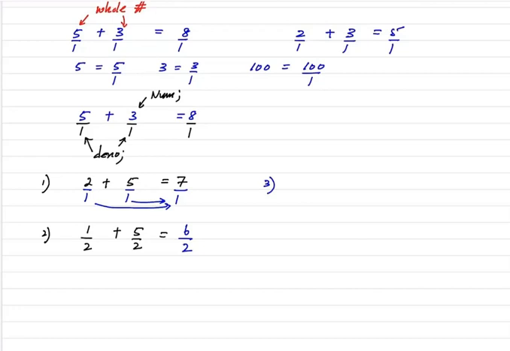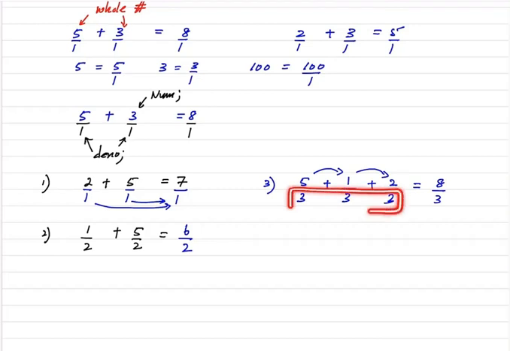Again, if I give you 5 divided by 3 plus 1 divided by 3 plus 2 divided by 3. So you don't have to worry about these things, right? These things are equal. So what is the strategy? If your denominator, the bottom part is equal, numerators you can add together. No issue. So 1 plus 5 is 6. 6 plus 2 is 8. And then this guy, what do? You are going to copy that common value. Very easy.